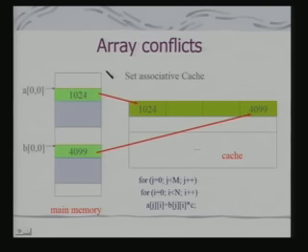Let us look at another example, this of an array conflict. We have all studied set associative cache. Let us consider that I am dealing with two arrays A and B. If it is a set associative cache, the mapping I am showing here is that this array A00 starts at location 1024, B00 starts at location 4099, and the mapping is such that the three elements from 1024 to these.